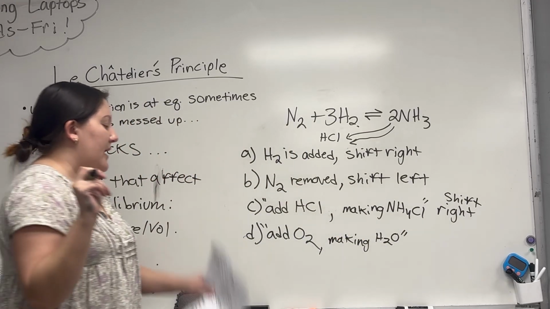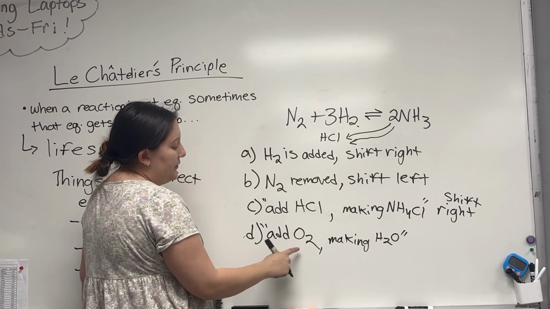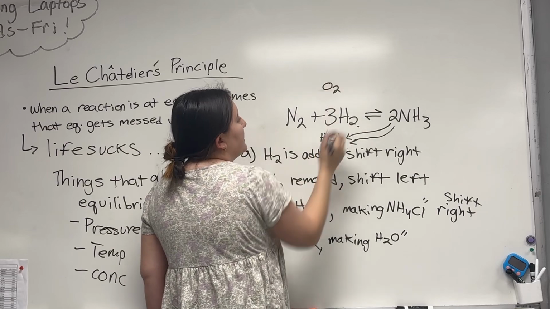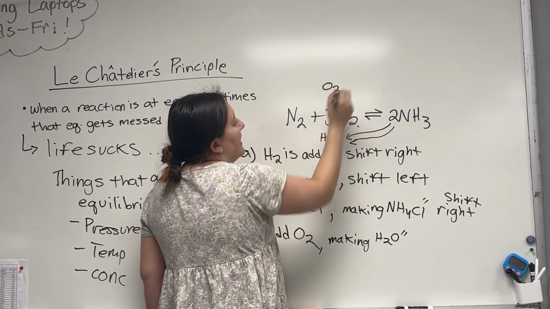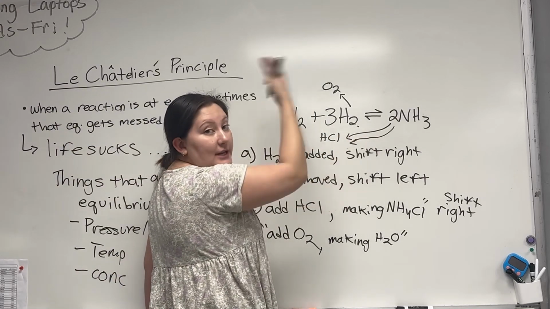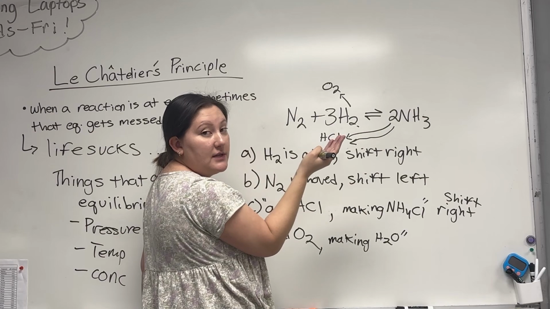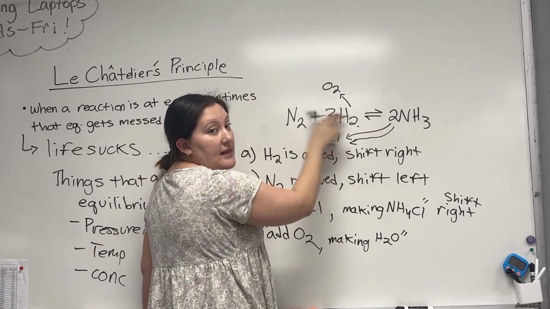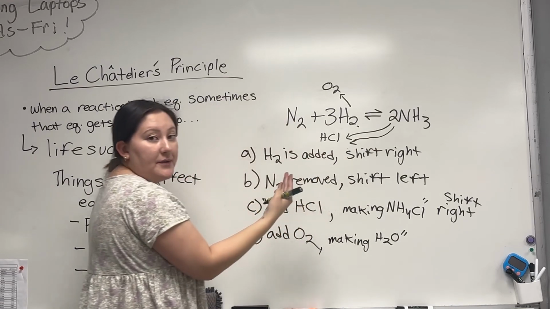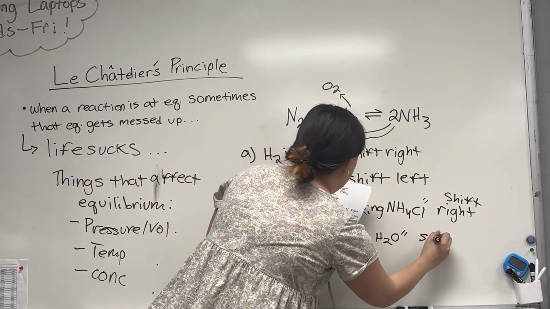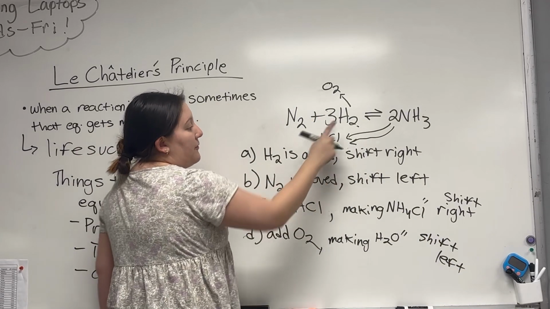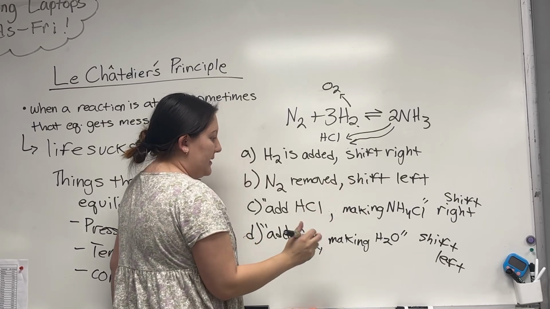Okay, so if it's making water and we have O2, it's probably combining with this H, right? So if I'm adding in O2 this time, it's going to be pulling the H away. So if I'm creating a gap right here, removing H to make water, because we've added O2 to the system, I now have a gap here on the left side. So we should shift towards the left in order to fill in the hole that we just created, okay? So this would be a shift left, like so, okay?